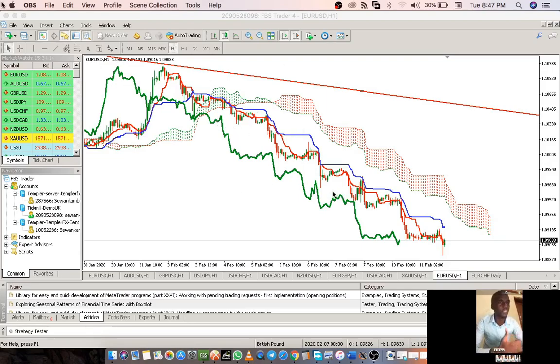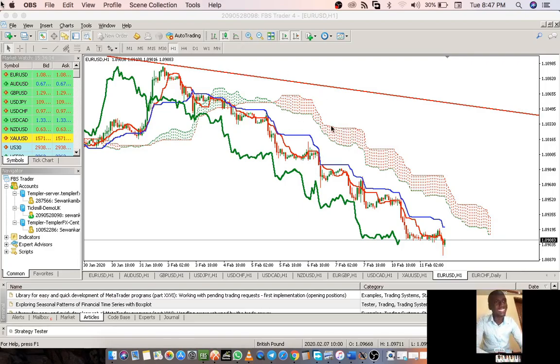When you look at this indicator practically, it has 5 lines. It has the Tenkan-sen, the Kijun-sen, the Chikou span, the Senkou span A and Senkou span B. The two of those, Senkou span A and Senkou span B, make up what we call the Kumo or the cloud, which we can all see. I'll explain each of these lines in detail.